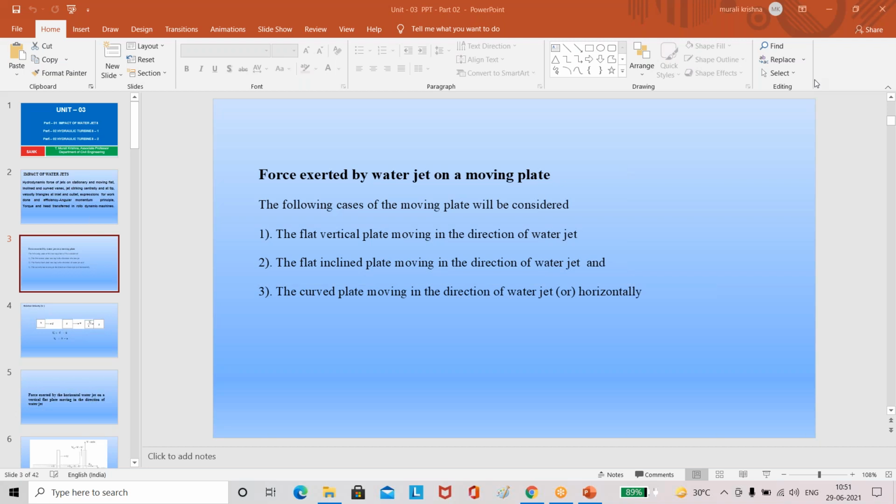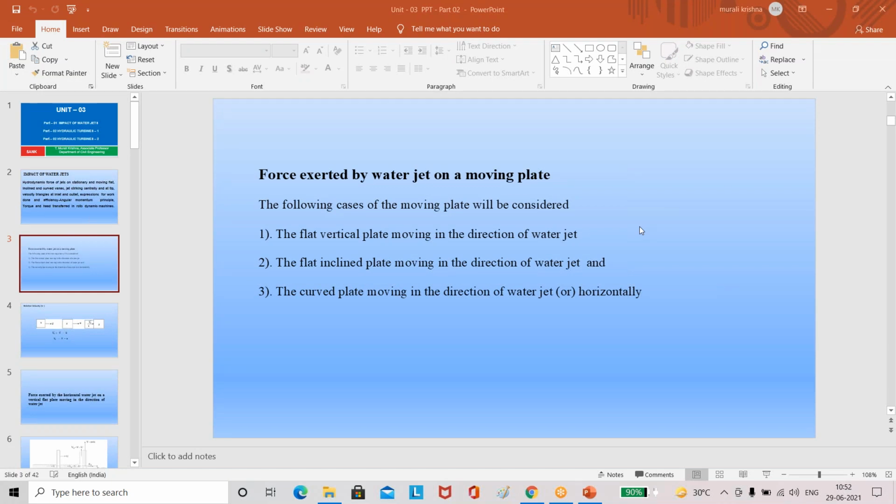In this condition, the water jet is in moving condition and also the plate is in moving condition. Since both the water jet and the plate are moving,